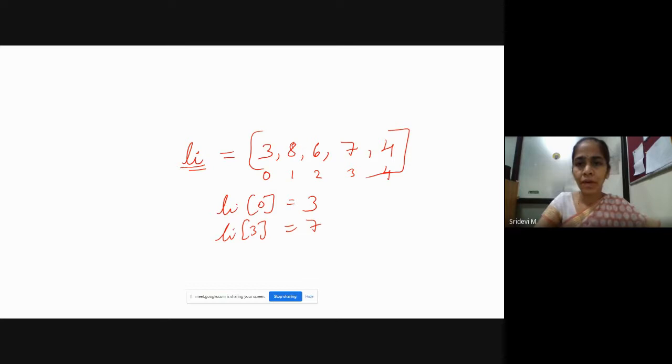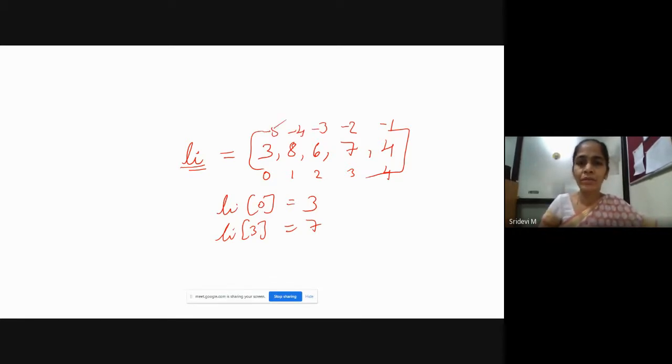Now list also has reverse indexing, the reverse numbering of the indexes. The reverse numbering of the indexes starts from -1 from the back side, from the reverse side, -2, -3, -4, and -5, right?